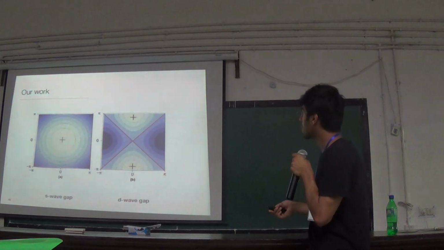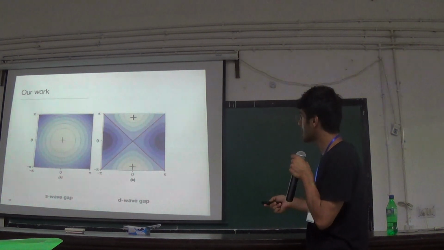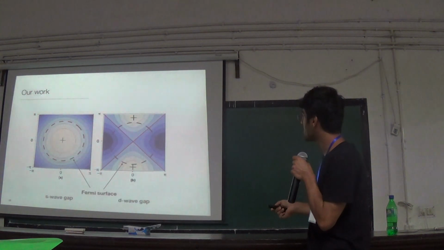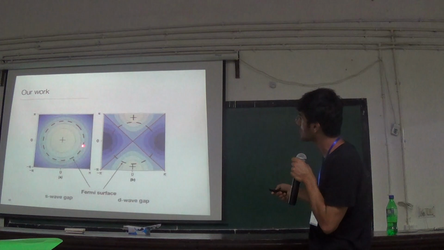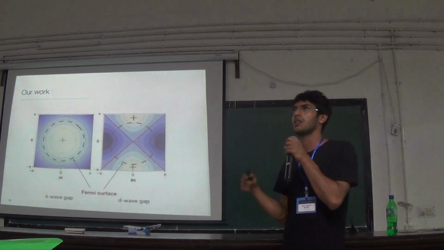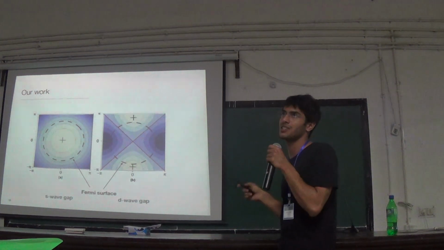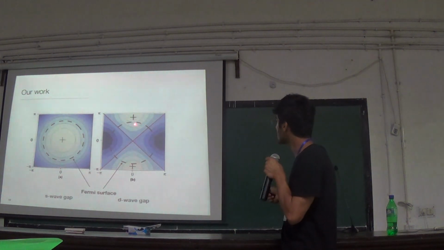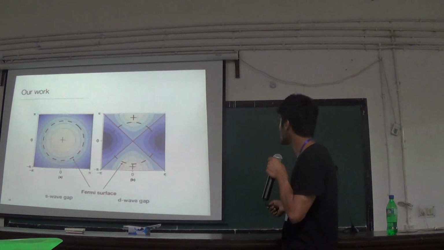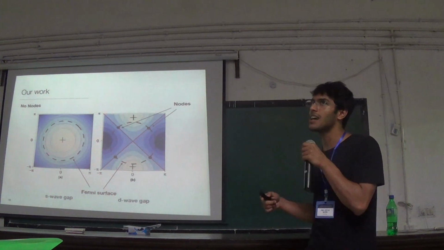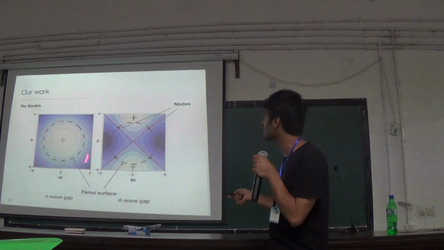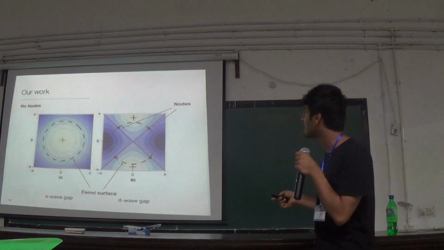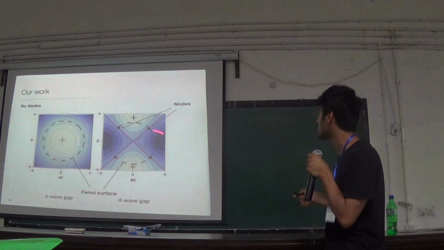So this is one of the contour plots in the K space. So S wave looks like this, and on top of it, if I draw the Fermi surface, you see that throughout the Fermi surface, the S wave has the same value. So it's isotropic. The gap equation is isotropic basically. But in the D wave, what happens is this is changing over the Fermi surface, and that gives rise to some nodes in the system. And then we've seen that actually some other cuprates have nodes in the system. So this is not really just the BCS. So we need some other theory for these kinds of superconductors where we do get nodes.